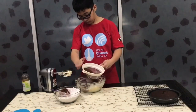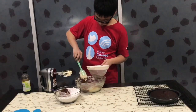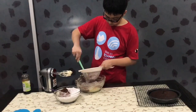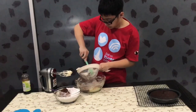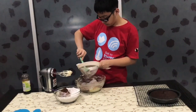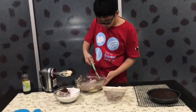I'm going to sift a third of my powdered sugar and cocoa powder. I have 3.5 cups of powdered sugar and 1 cup of best quality cocoa powder. Use the best quality you can find and you will end up with a really delicious, fudgy chocolate buttercream frosting. Scraping down the sides of the bowl,